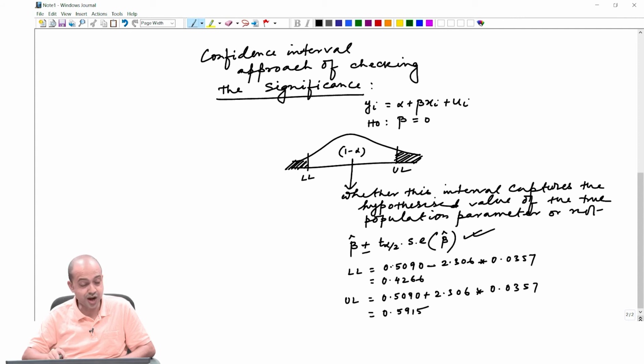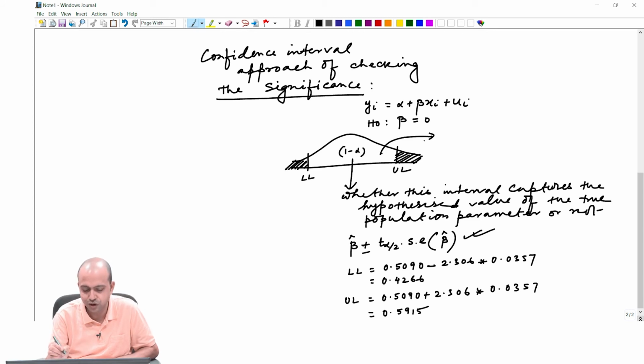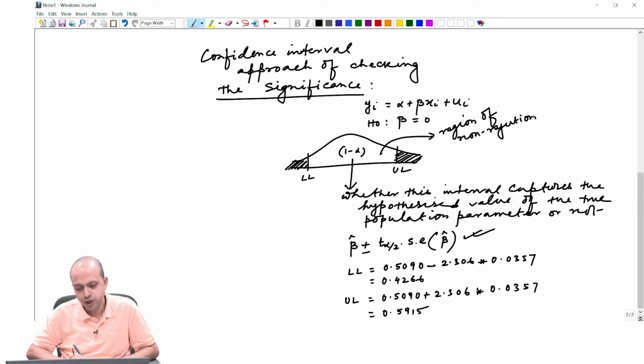Depending on the standard error of beta hat, this size or region of non-rejection is determined. Higher the standard error, higher would be this size,